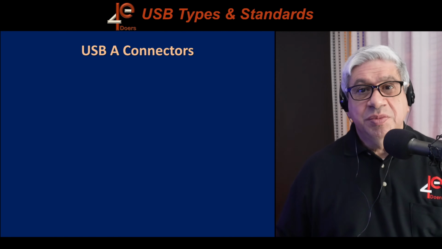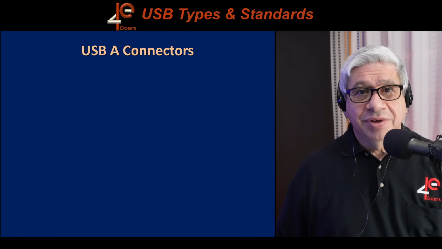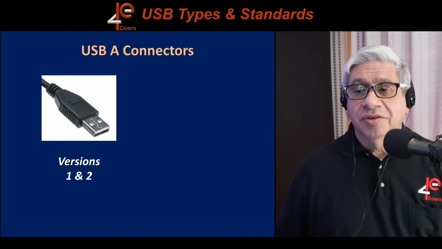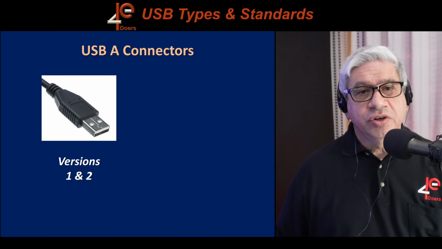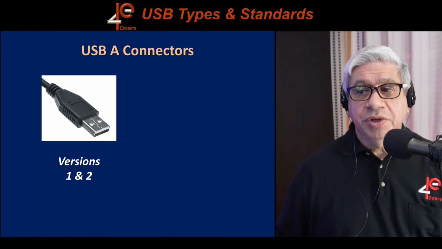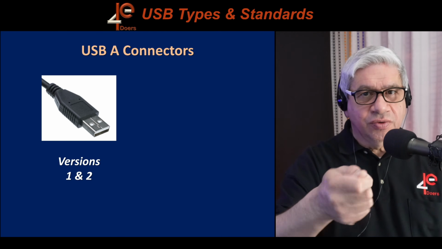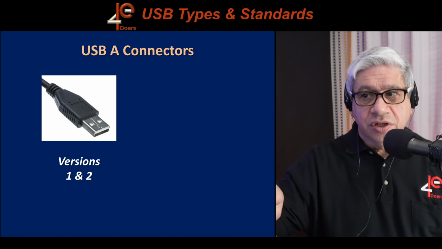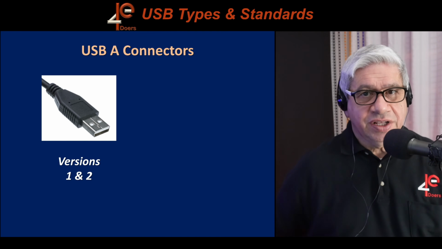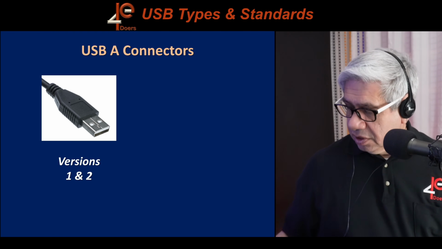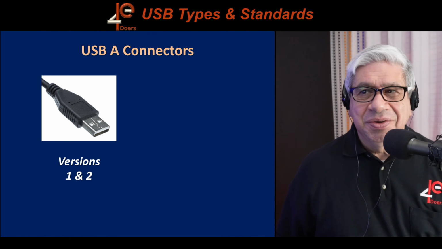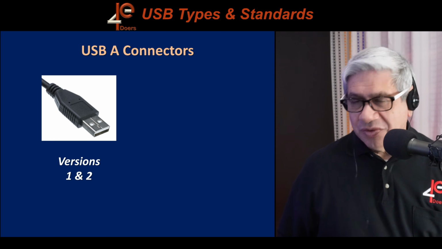Let's start with the USB-A connectors, the one that's most popular today. Well, there's two of those. The first one is the one that they used for versions 1 and 2. This particular picture I'm showing you has a white little insert to keep you from putting it in the wrong way, because the insert is leaning towards only one end of the little rectangle, so it won't go in the other way. However, what they decided to do with this connector when they went to USB 3.0,